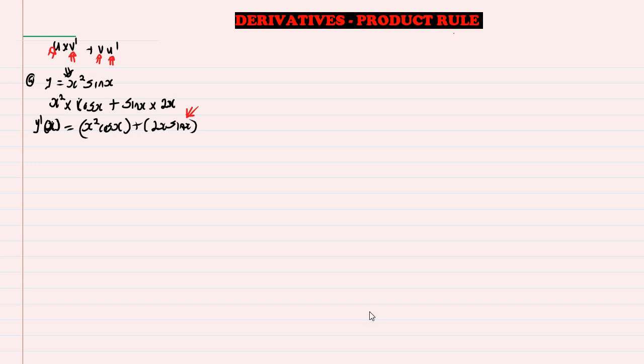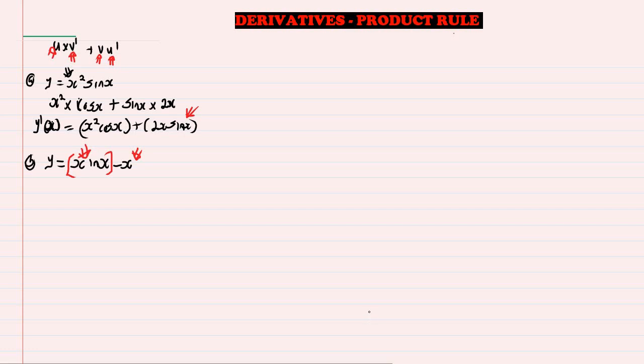So let's take a look at another example. Now let's say we have y is equal to s multiply ln of s, then minus s. As you can see, guys, we are going to use the product rule to take the derivative of s multiply ln of s. But guys, derivative of s is basically 1, okay? So we don't need to bother about the value of s. All we need to do is we just need to take the derivative of s multiply ln of s using the product rule,